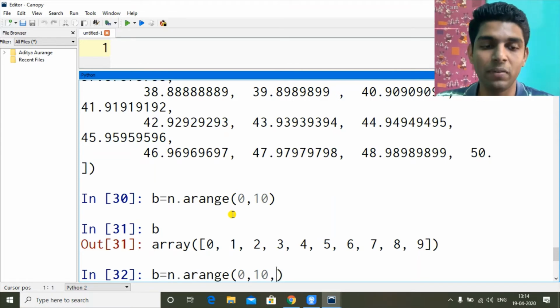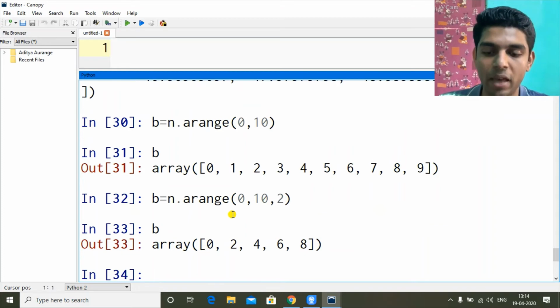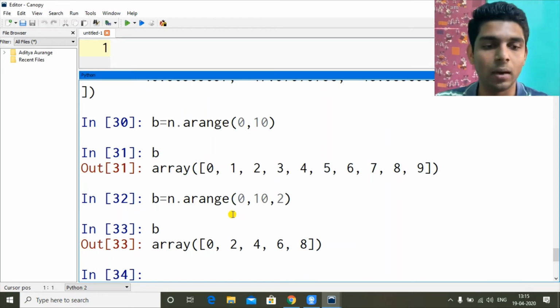If you want to specify another stepping, you have to give it; default value is 1. Now B is an array having values from 0 till 8. So 0 plus 2, stepping is 2, so 2. 2 plus 2, 4. 4 plus 2, 6. And then 8 plus 2 is 10. But the values included in the range will be from 0 to 9 only. So 10 is outside of our range, so that does not count.